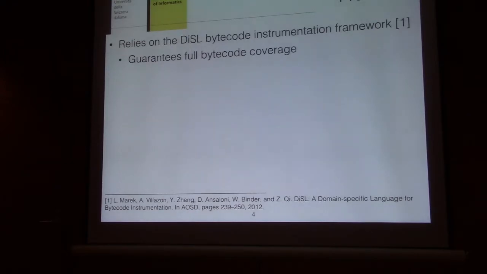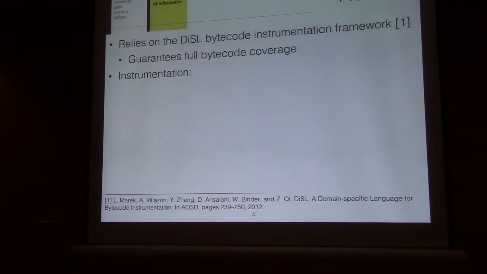And this is particularly important because our profiler tracks bytecode count. So if full bytecode coverage is not guaranteed by the underlying framework, we would not have an accurate result in terms of bytecode count when tracking utilization. And I know that, for example, some other tools for Akka, for example, I think Kamon, is based on AspectJ, which is still a bytecode instrumentation framework for Java that, for example, cannot guarantee full bytecode coverage. So this is one of the main strengths of DiSL, and our profiler is built on DiSL, which can guarantee this coverage.